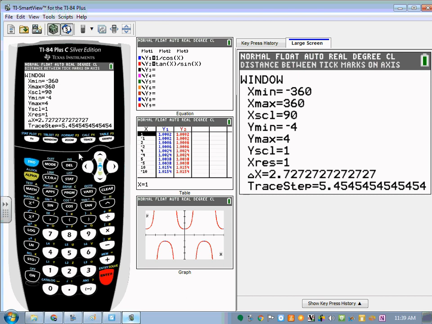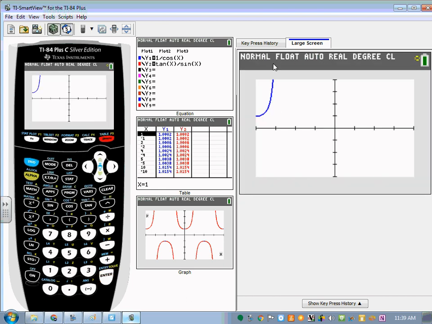So when I do hit graph in blue, this is the graph of secant x. A little bit weird for sure. It has these asymptotes, and we should recognize where they are. They're where cos x is equal to 0, and then it's going to graph the right-hand side. And I hope you can see that the red graph is perfectly overlapping the blue graph, except for this little